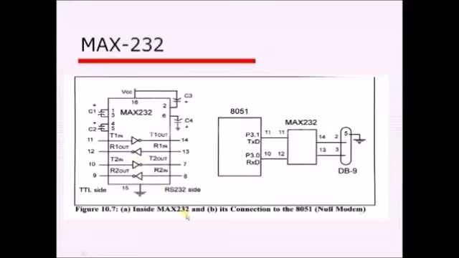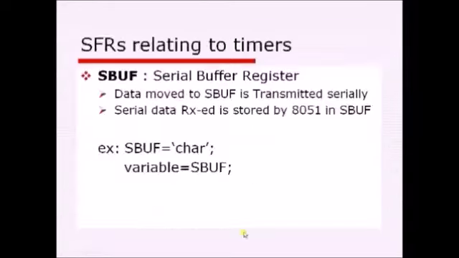Assuming that I am connecting an 8051 controller to the CPU of a computer, then the computer CPU supports plus or minus 12 volts, whereas 8051 supports only 0 to 5 volts. So I cannot directly connect the voltages of this PC to this 8051. Why? Because it damages the IC. So in between the PC and 8051, I would be using MAX-232, which will convert the incoming negative voltages into positive voltages and positive voltages into negative voltages.